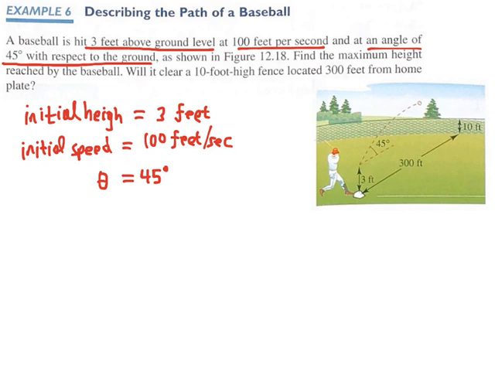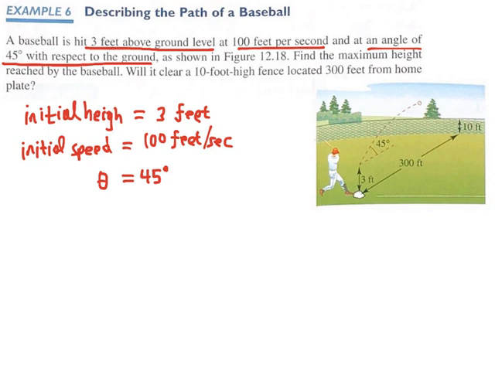So if you look at the figure, this is the initial height of the ball, 3 feet above the ground. Here's the launch angle, 45 degrees with respect to the horizontal or the ground. And it is hit at a particular speed, and the ball flies off after being hit by the bat at 100 feet per second. So in this problem, we want to write